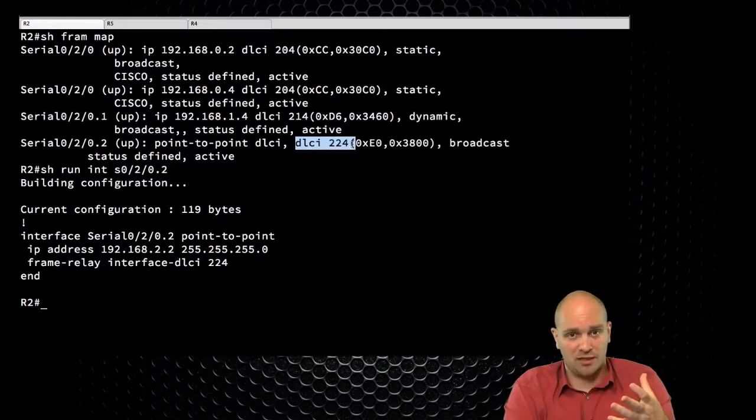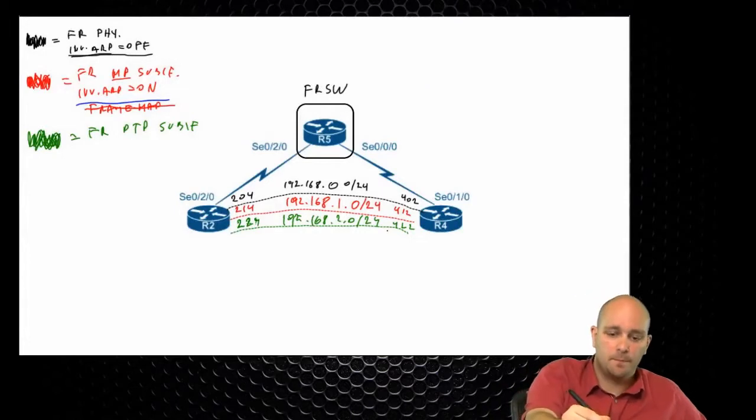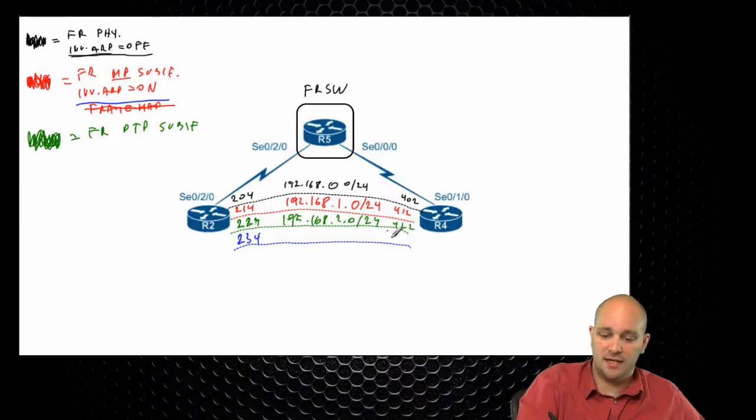It could be in the troubleshooting question. It could still be in the configuration section. You could be asked to configure it. Let's build the blue DLCI. And the blue DLCI, again, is going to be between R2 and R4. So it's going to be, again, I make the same mistake, 234 on this side, and 432 on this side. And the IP addressing is